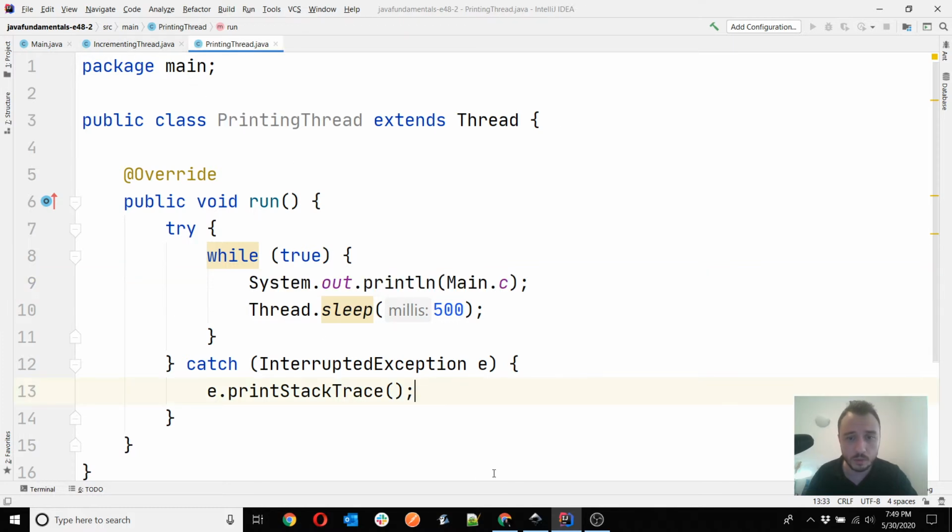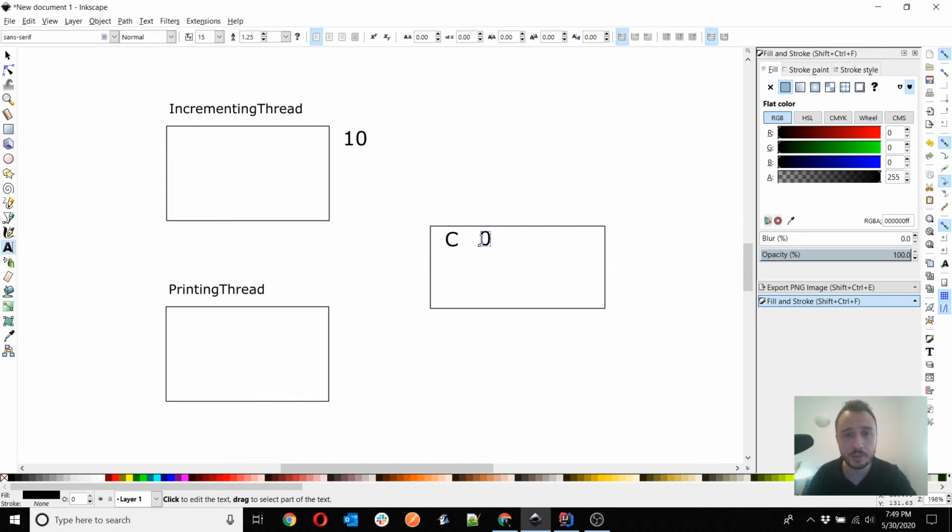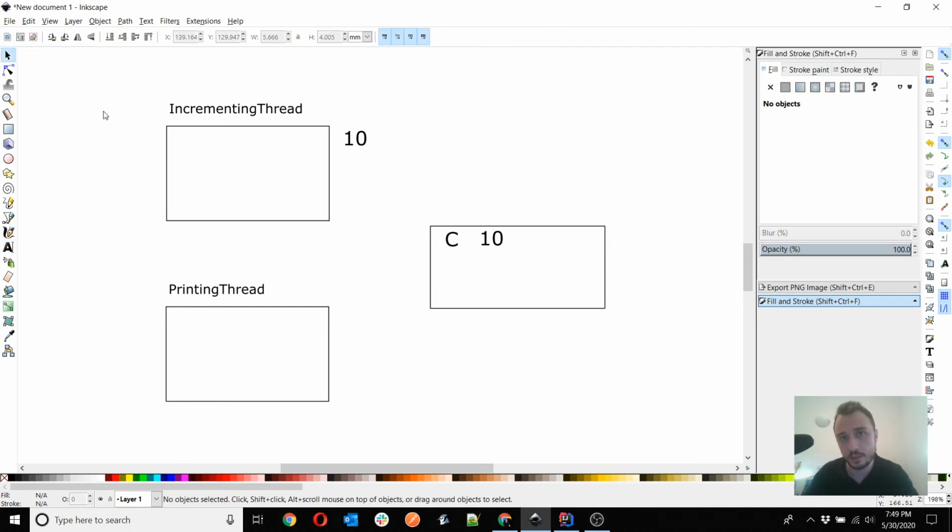So theoretically, if this incrementing thread runs its while for 10 iterations, then what we expect is that the value here becomes 10, because it did 10 incrementations, plus 1, plus 1, plus 1, up to 10. And then say that after these 10 incrementations, the printing thread will print the value in the console.